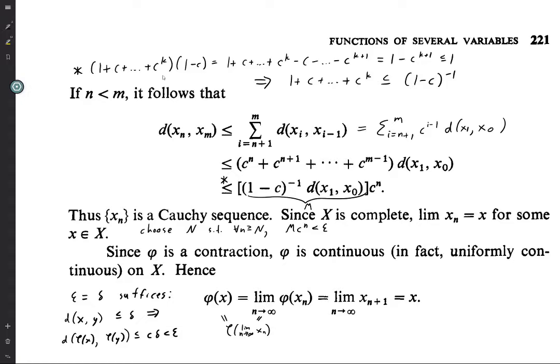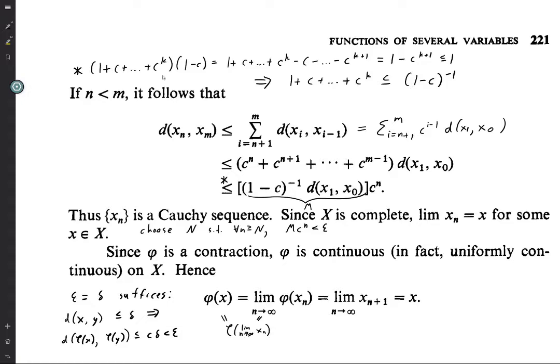We need to choose a capital N such that for all n and m greater than or equal to capital N, the distance between xn and xm is less than epsilon. So what we need to choose here is capital N, given an epsilon. We need to choose capital N large enough so that for any n greater than or equal to capital N,